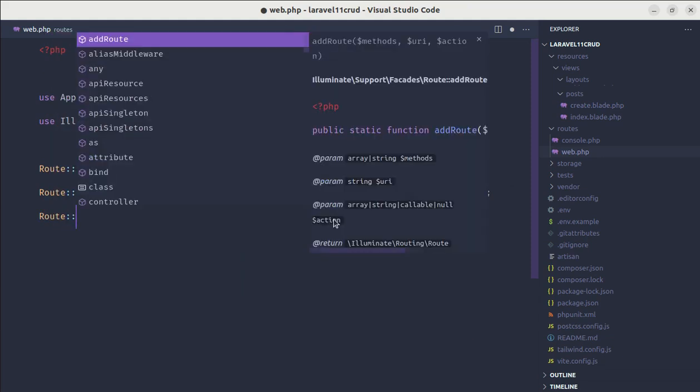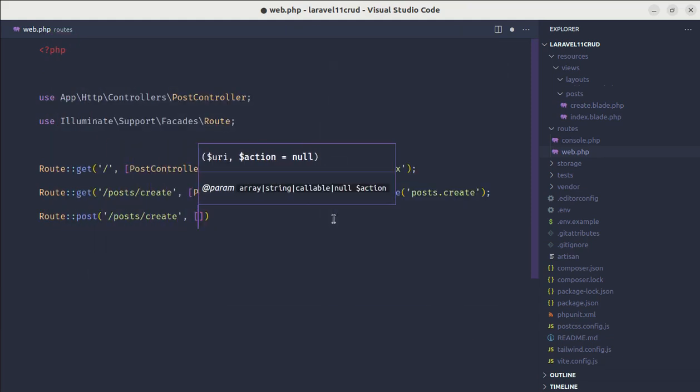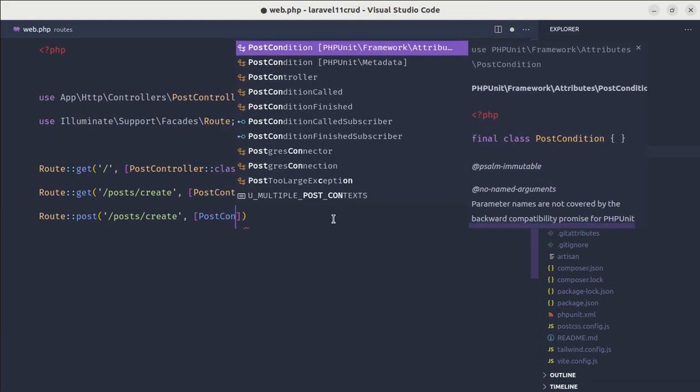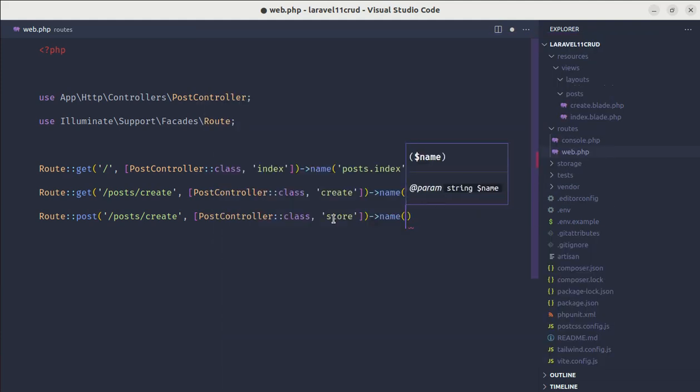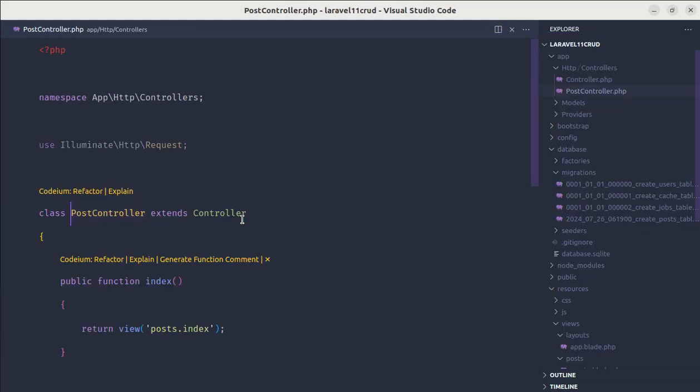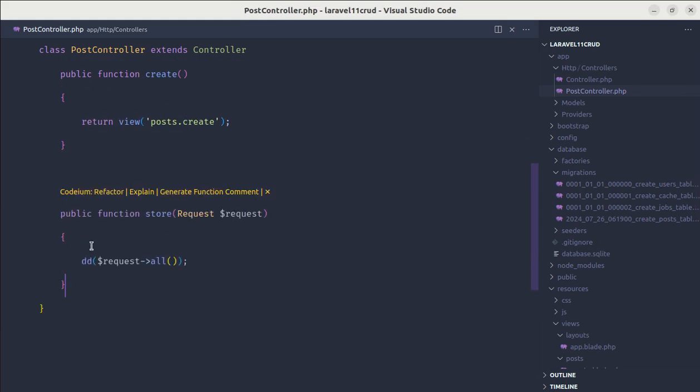So route post, route to post create, and we'll be using that post controller class and calling the store method on it, name post.store. So let's create that public function store,